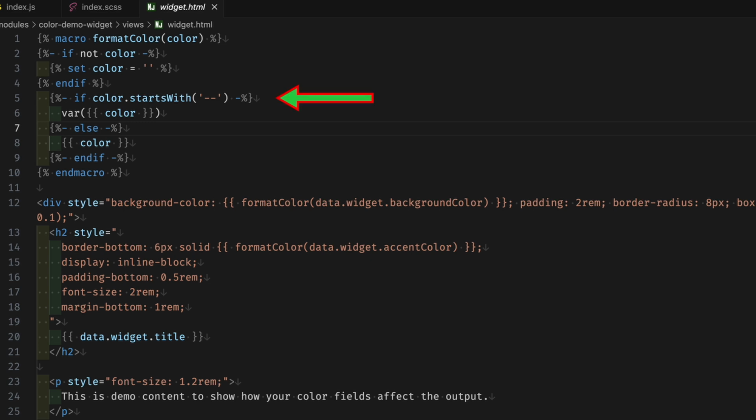I'm creating a simple macro that checks whether the saved color value starts with 2 dashes, which indicates it's a CSS variable, and then wraps it in the appropriate CSS function. If it's a custom color like a hex code or an RGB value, it passes through unchanged. Now I can use this macro throughout my templates with complete confidence, whether an editor chooses one of our preset brand colors or picked a custom color for a special situation, the template handles it correctly and renders the appropriate